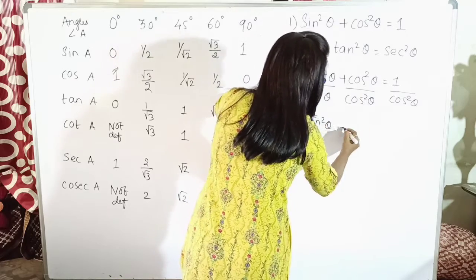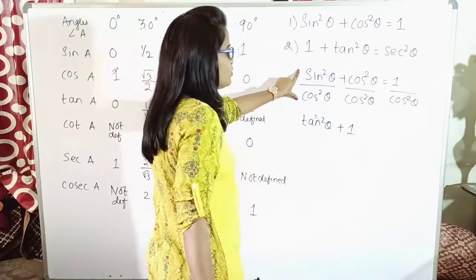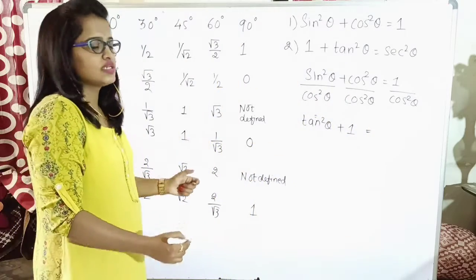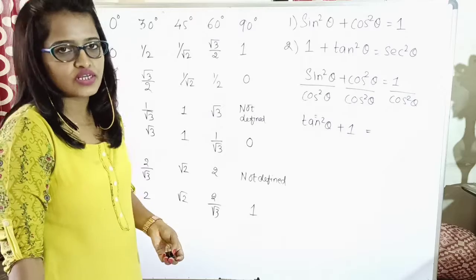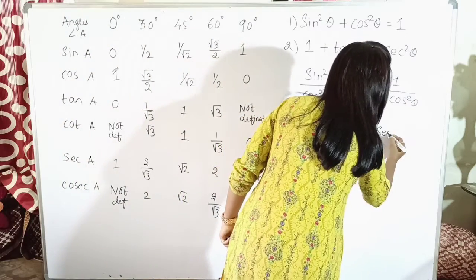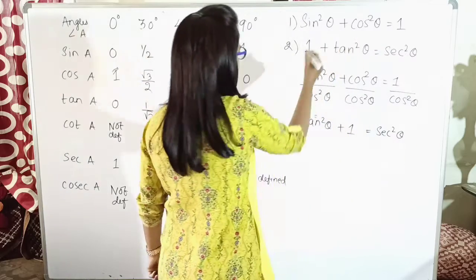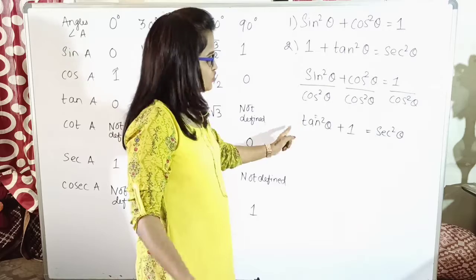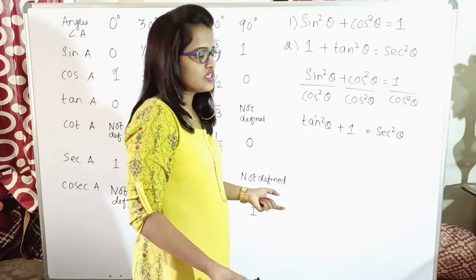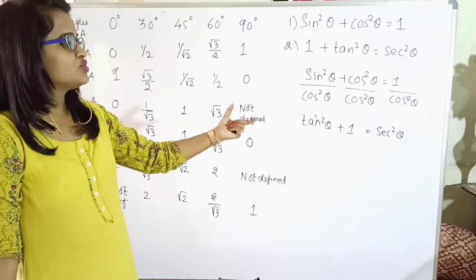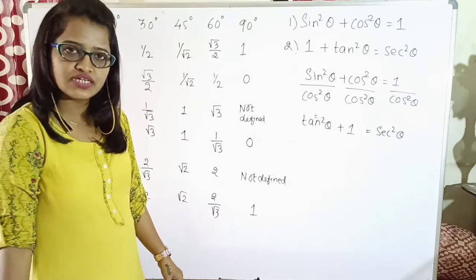Whereas cos square will get cancelled, so the value is 1. And what is 1 by cos square theta? As I have told you, cos and sec are inverse of one another. So 1 by cos square theta is nothing but sec square theta. So as you can see, we have obtained the identity which we wanted. So 1 plus tan square theta or tan square theta plus 1 is one and the same thing. So as you can see, tan square theta plus 1 gives me sec square theta.